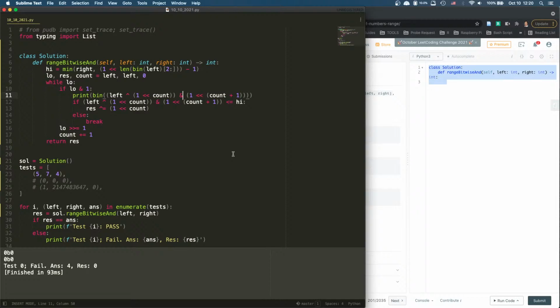Why would it be 0? Left 1 left shift is 0, so exclusive will be 1 0 0, right? And this one will be left shift 2 times, right? So 2 times. No, it's 1 time. Count is 0. Start with 0. So left shift once,